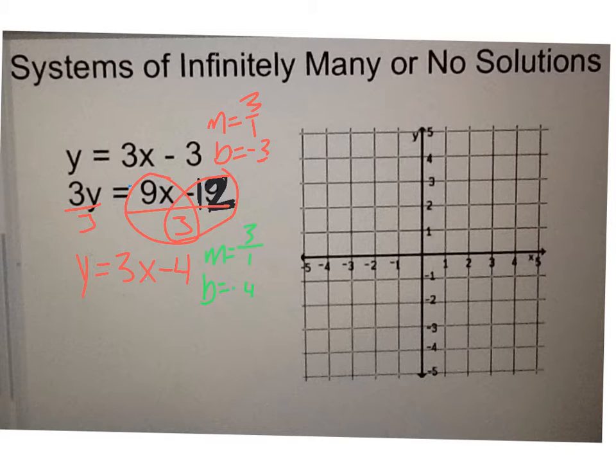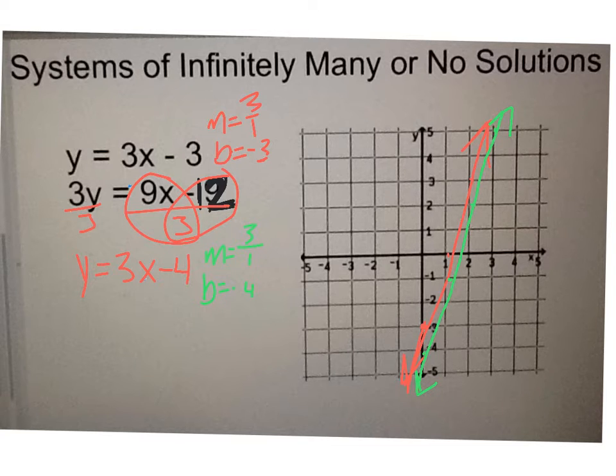Graphing the first one, I go down to the negative 3, put a point. My slope is 3, so I go up 3 over 1, up 3 over 1, and then I connect, extend, and draw my arrows on that one. For my other one, the y-intercept is negative 4, and I'm going up 3 over 1, up 3 over 1, up 3 over 1. It's not the easiest to create this here, but hopefully you can see that these two are,